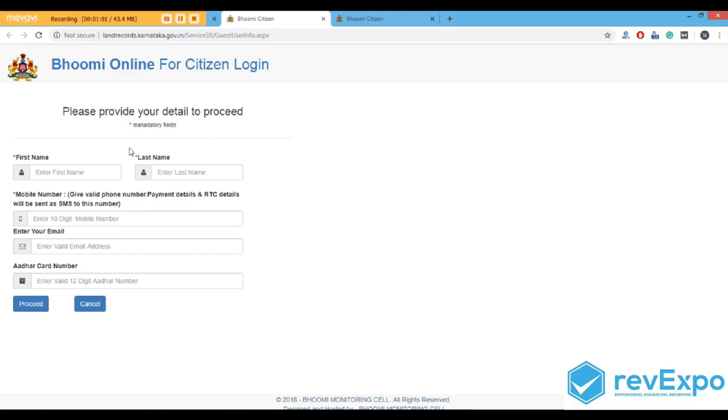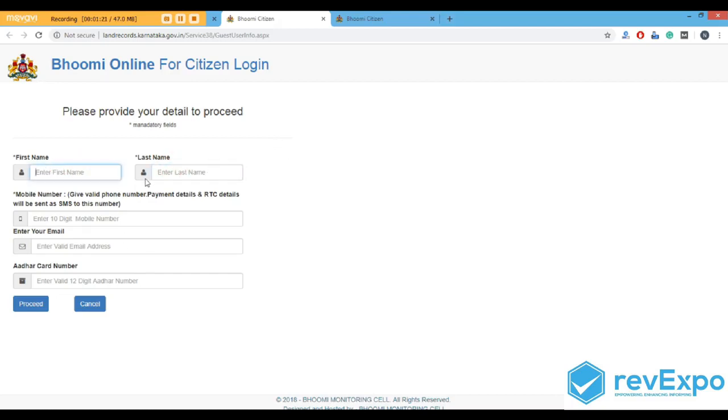This is IRTC. So IRTC is nothing but the land record service. So here you need to register first, because as it is a citizen website, all the citizens of the Karnataka state can use these services by registering over here.